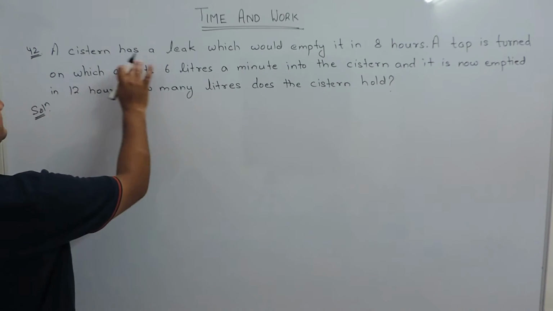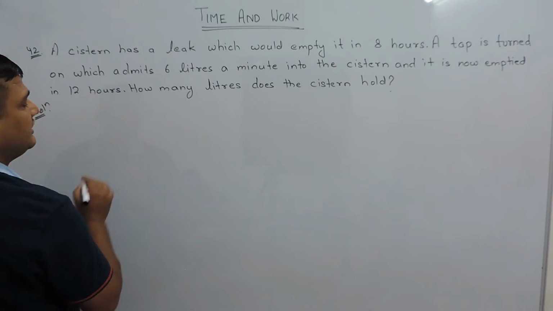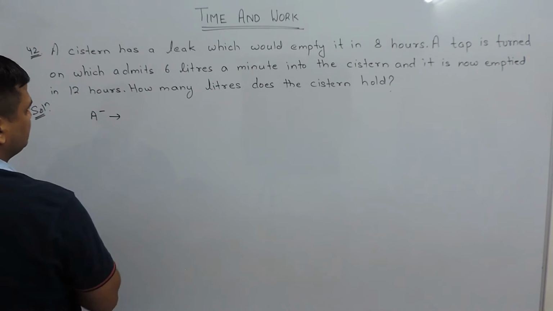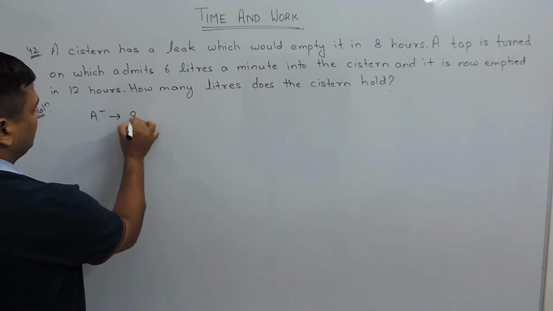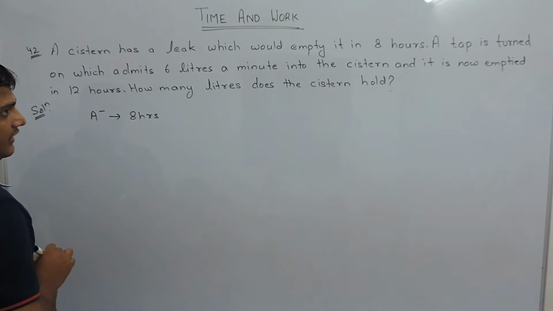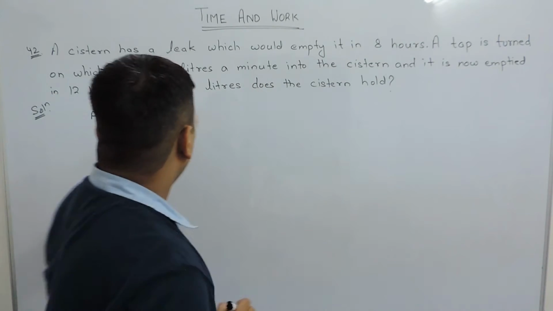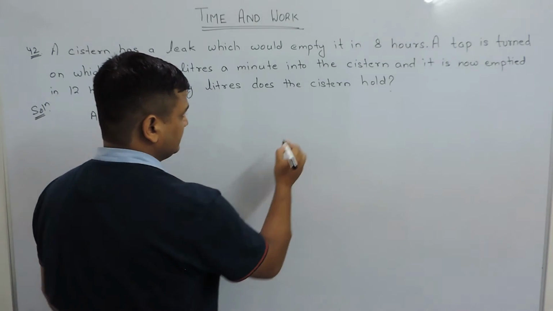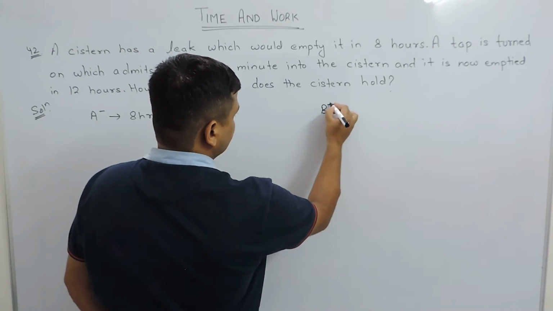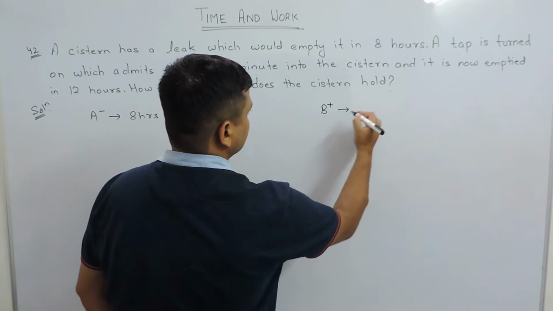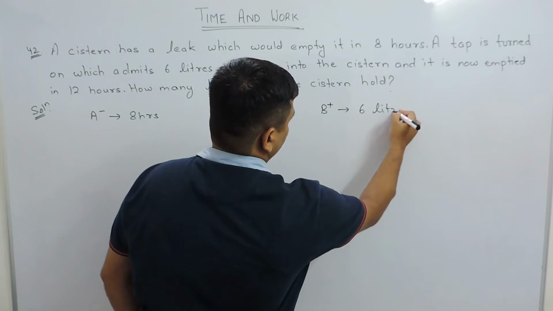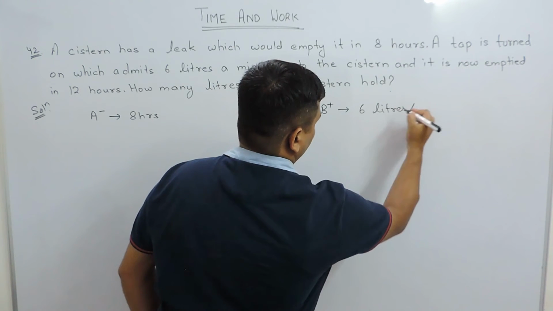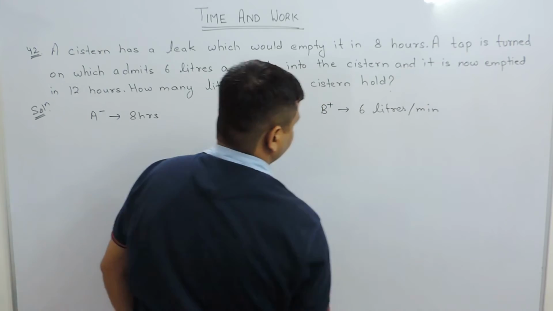Here in the question, a cistern has a leak which would empty it in 8 hours, means there is a negative worker which empties the tank in 8 hours, and a tap is turned on which admits 6 liters a minute into the cistern, means there is another worker which is a positive worker and it admits 6 liters of water into the cistern in 1 minute,